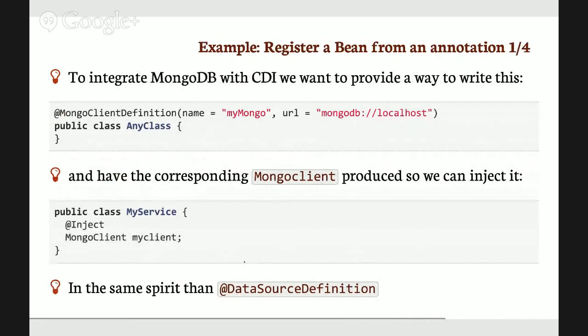So this example is to register a bean from an annotation. Let's talk from a concrete use case. I want to integrate MongoDB with CDI. And by this integration, we want to provide a way to write something like this. We created an annotation, MongoClientDefinition, giving a name to the Mongo client and the URL of connection, and to put this annotation on a given class,